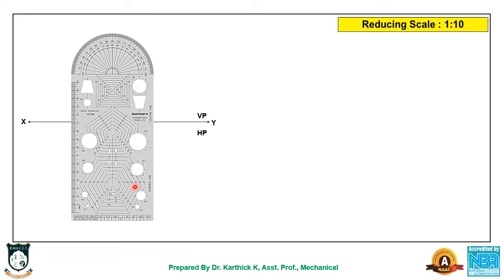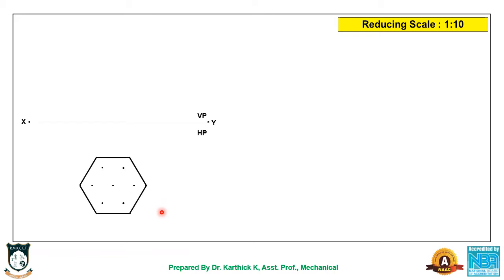This is a typical engineering template which is available in the stores. You can purchase. This is the center of the hexagon and this is corresponding to 40 mm hexagon, and we have 25 mm hexagon also. So in each hole you have to keep a point like this, right? This is 25 mm hexagon and this is 40 mm hexagon. So for each corner we have to keep a point as well as in the center. Then you have to take the template, complete the hexagon, that is top hexagon and bottom hexagon.